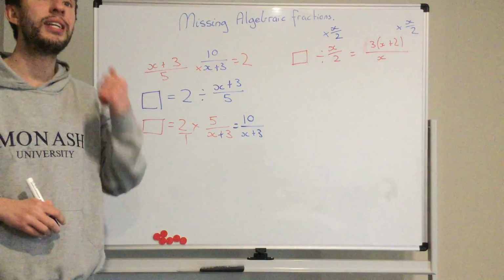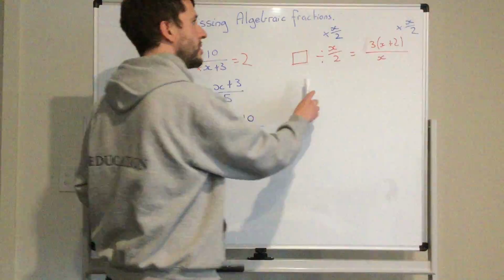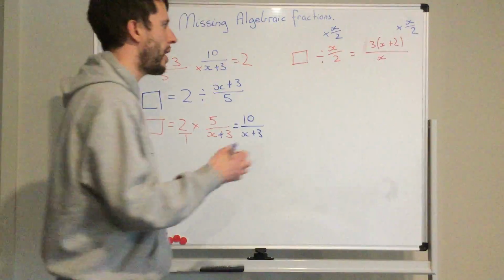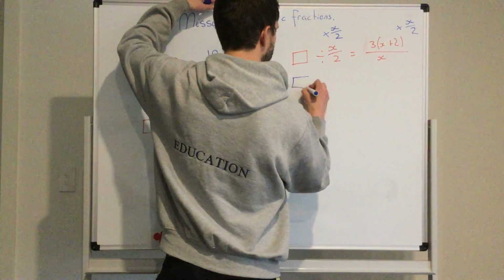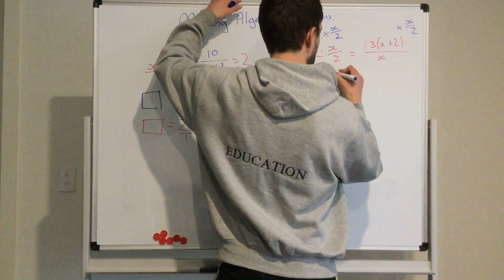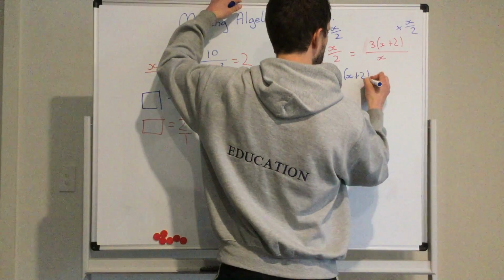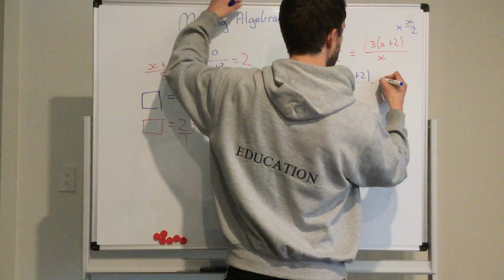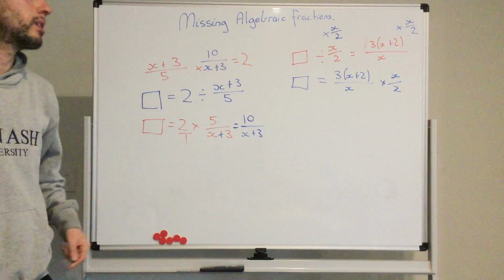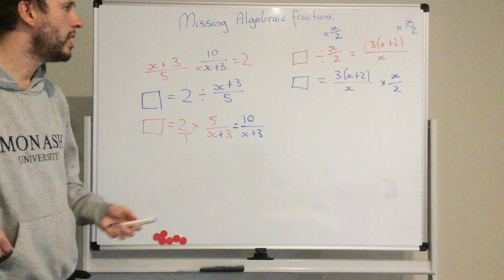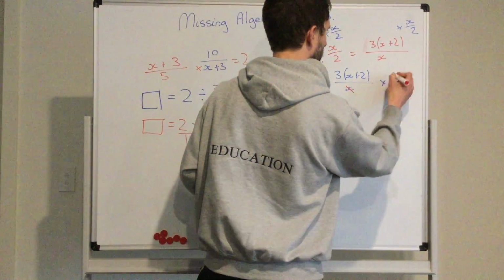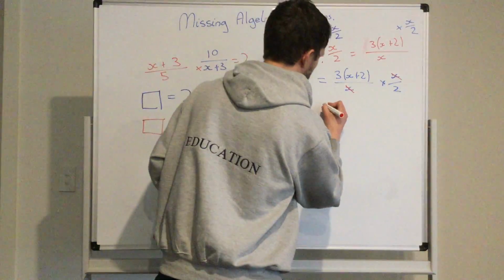Just remember, the equal sign is a balancing beam. What I do to one side, I do to the other. So because I've divided and times, that cancels each other out. So I can rewrite this question. Mystery box equals 3x plus 2 divided by x times x over 2. Now, this makes it a bit easier because we've got x and we've got x there. They cancel out. And it leaves us with